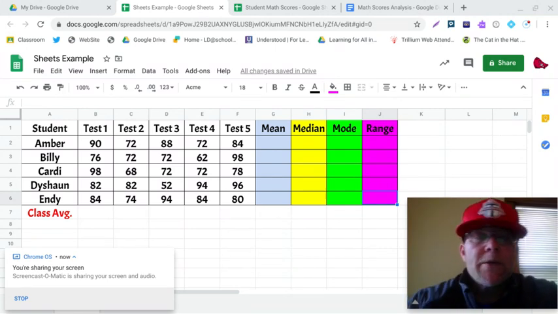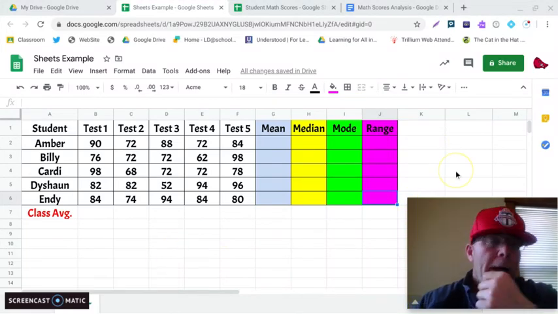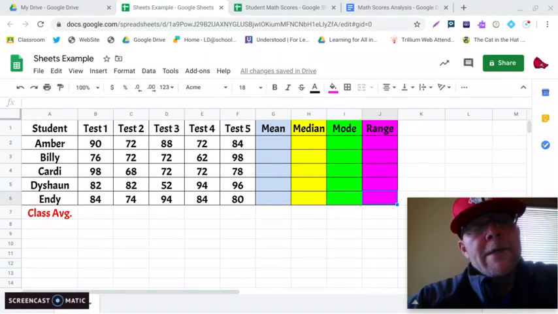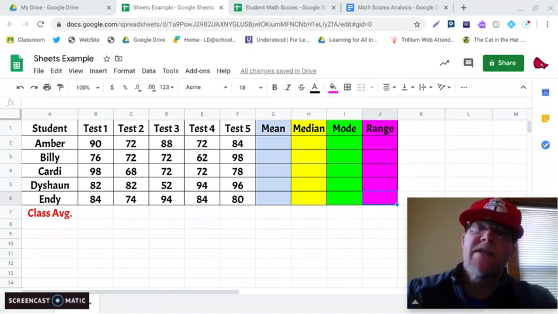Just as a reminder, yesterday we were looking at the measures of central tendency: mean, median, mode, and range. I just want to say how impressed I was with the level of accuracy with the task that was submitted by many of you for feedback. A lot of you did a really, really nice job of determining those measures. And it was mentioned yesterday, we use the measures of central tendency as tools to help us analyze data and